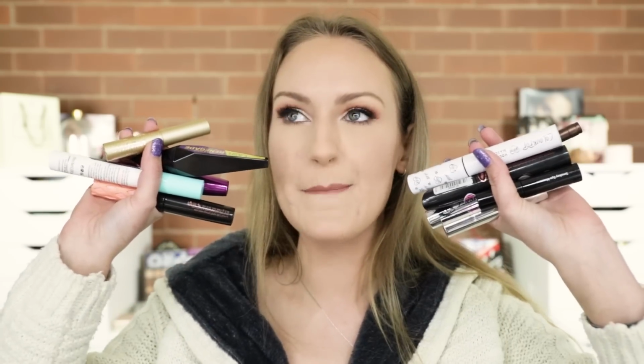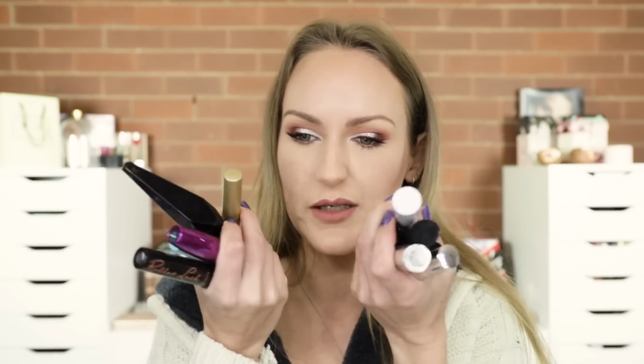I have, hang on. These are my currently open mascaras. Like, what am I doing with my life? Somebody tell me. I've got 5 here and I've got 6 here. Why do I have 11 open mascaras? Somebody explain to me what's going on. And to be fair, I think I actually like all of them, or like a lot. I really like them, except maybe